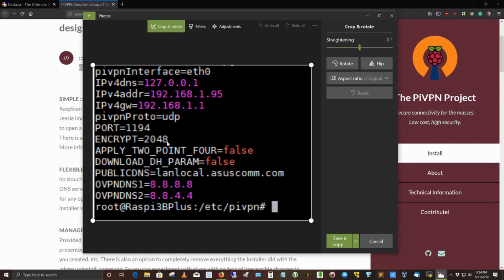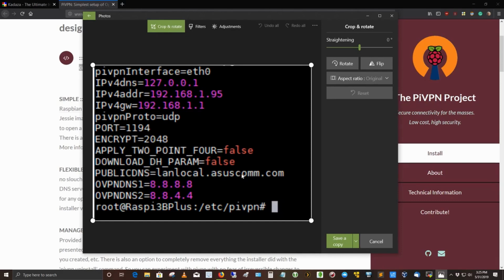If you want to generate a 4096 key to be absolutely sure that you're protected, go for it, but expect to take several hours to generate that key, even with an extremely fast machine, which I have. Here are some of the other questions that are asked, like landlocal.acescom.com is the public DNS that I'm using for the dynamic DNS service. So that my IP address on the WAN side for the internet that's supplied by my ISP, if that gets changed,